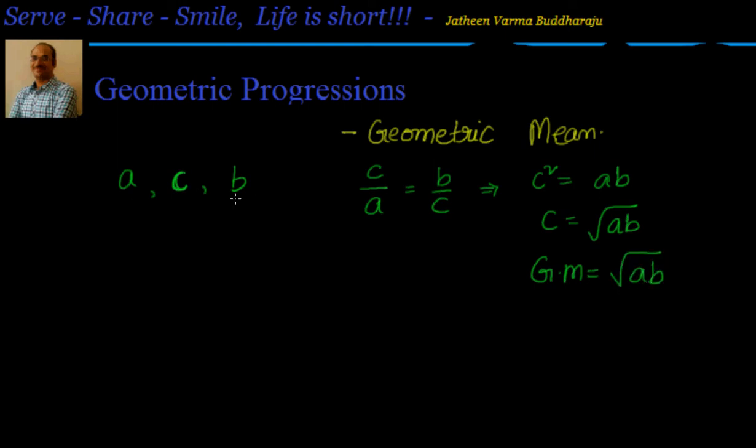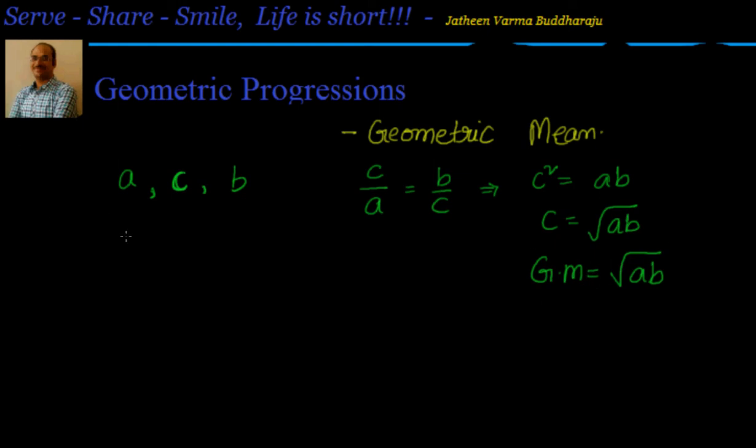So if you have two numbers and you want to find out their geometric mean, let us say the number is c. The geometric mean will be between a and b, and it will form a geometric progression with a and b. That means the terms will be a, c, b. If it is in geometric progression, we know c by a is equal to b by c. Based on that, we can find out that c equals square root of ab.